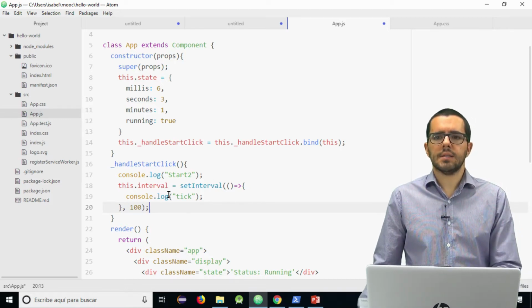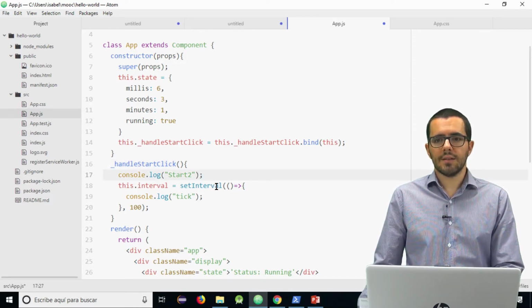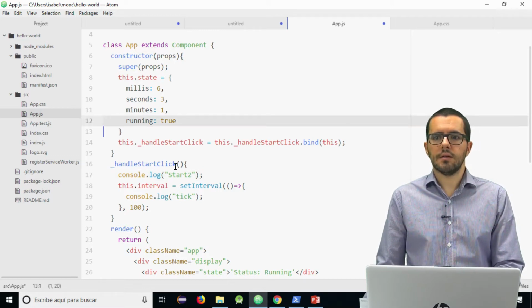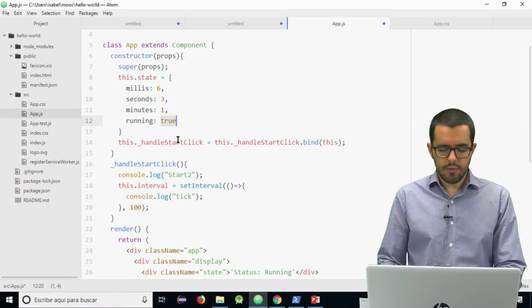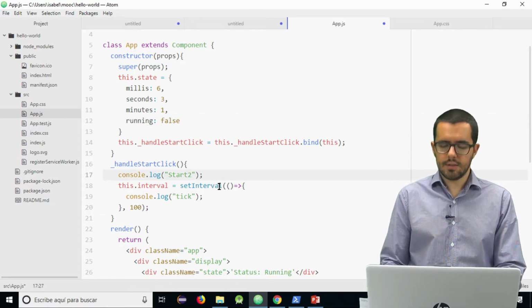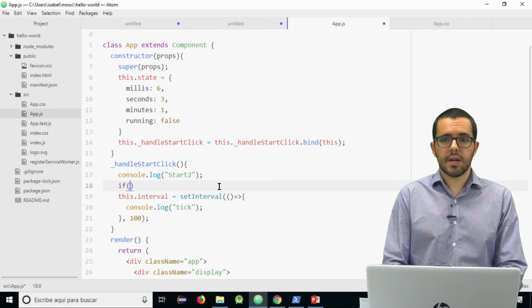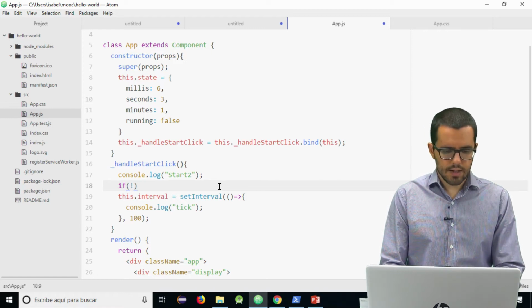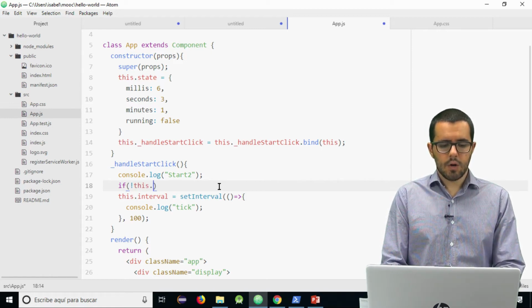But what happens? That each time the user clicks on start, it will call this start click and it will create a new interval. We only want to do that the first time. That's why we created this running. By default, it is not running, it is false. So if we check if the chronometer is not running, how do we do that?